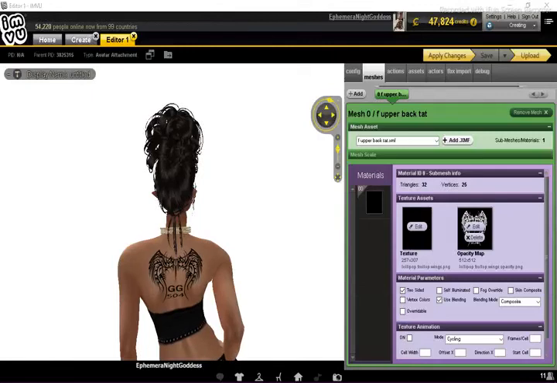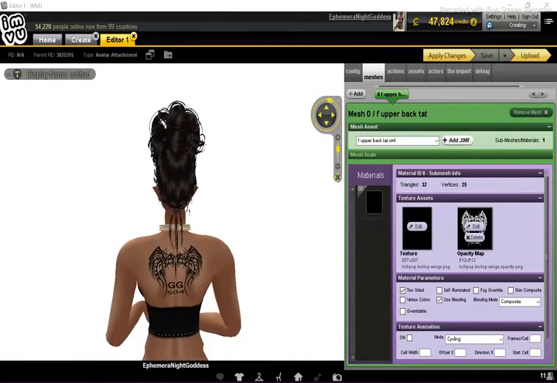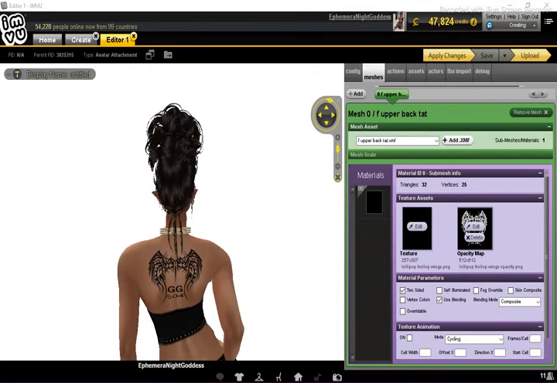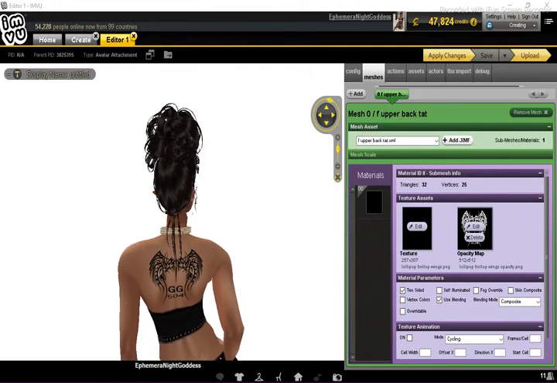Okay, this is part 2 from the last video I made. This is going to show you how to add letters and numbers to your opacity map for your tattoo on IMVU. First off, you're going to need to have